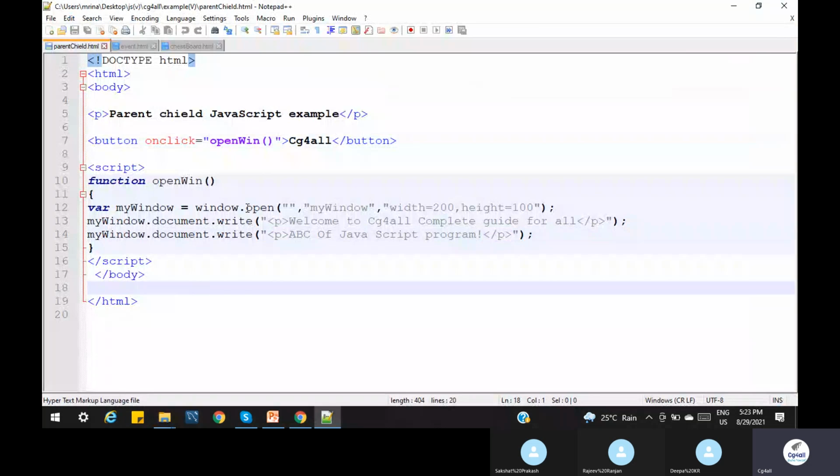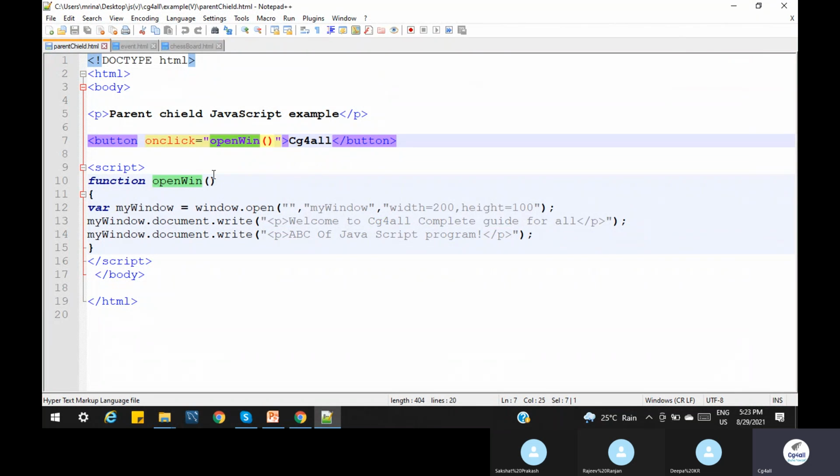Now here, this is the child, CG for all, I have already taken. Click on this button, I am doing an onclick function now. So window.open is one function. Now what I am defining is a size with a width. Click on that, and a window opener should open, a kind of box I am creating. Whatever height and width I define, that should be created. And if I want to write anything in the child box that you are creating, then I assign it to a variable.